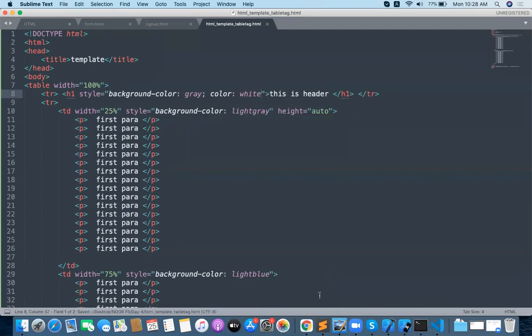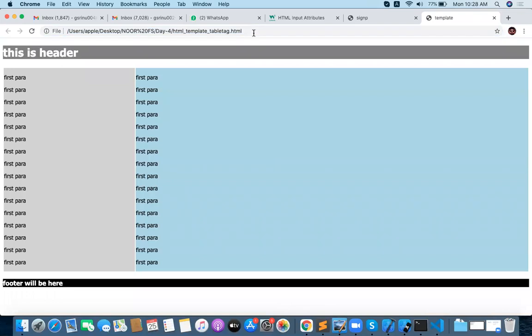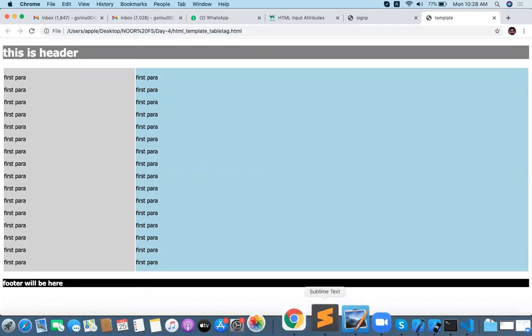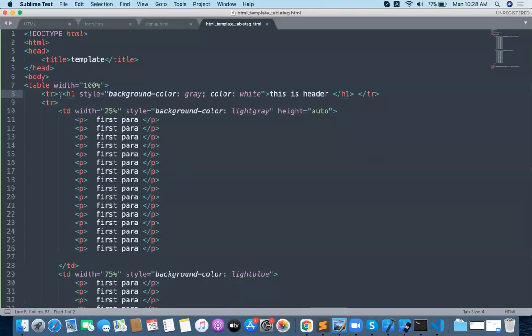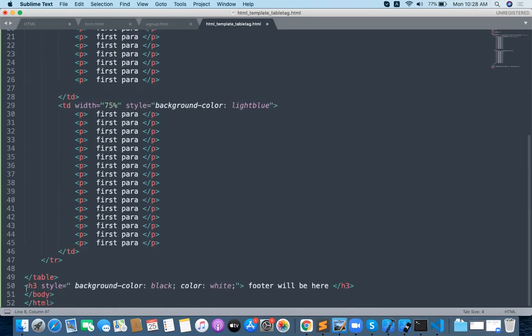Okay, fine. So this is completely working with the CSS, don't worry about that. And in this particular TR, H1 will be in the center. See, like this you can design your template properly. Okay, so center tag.